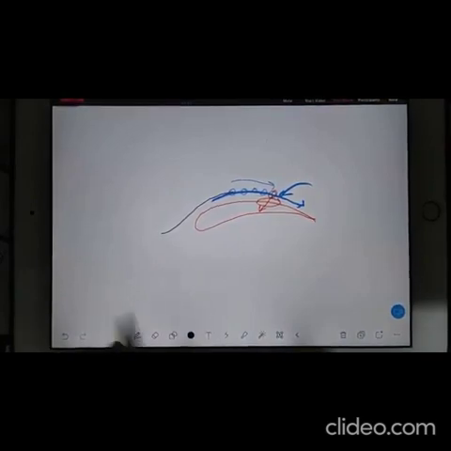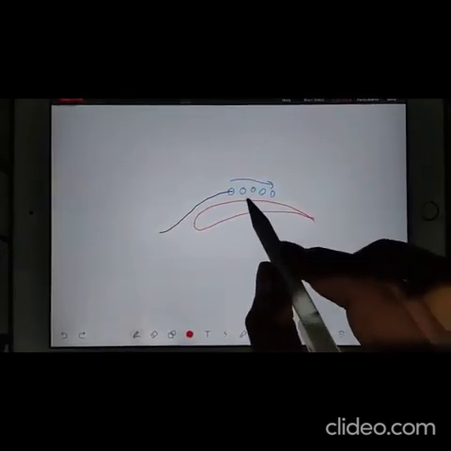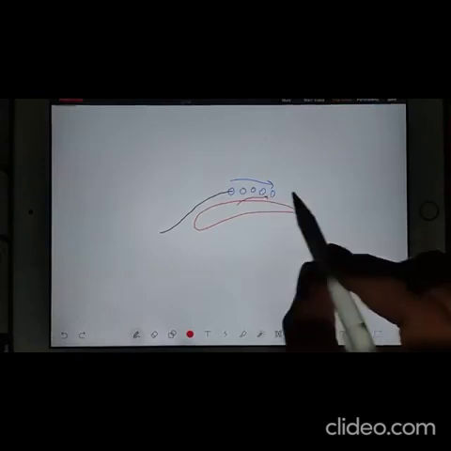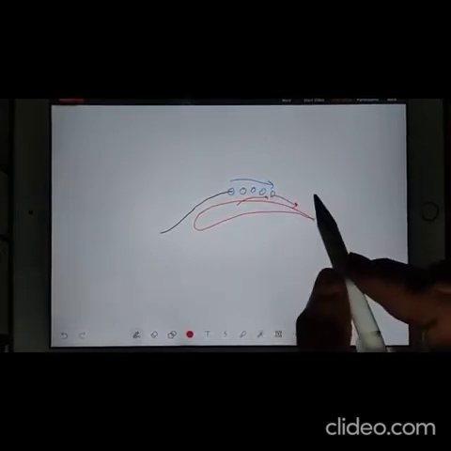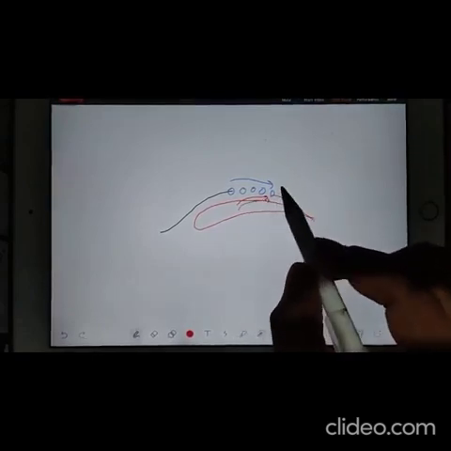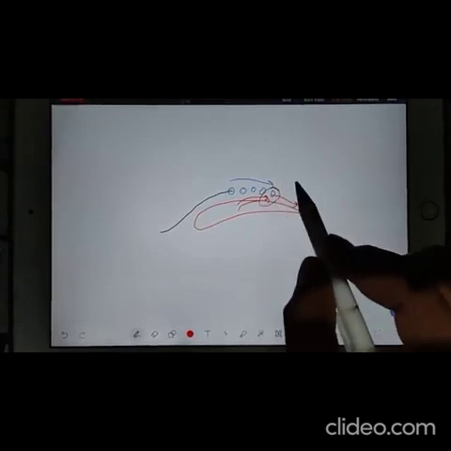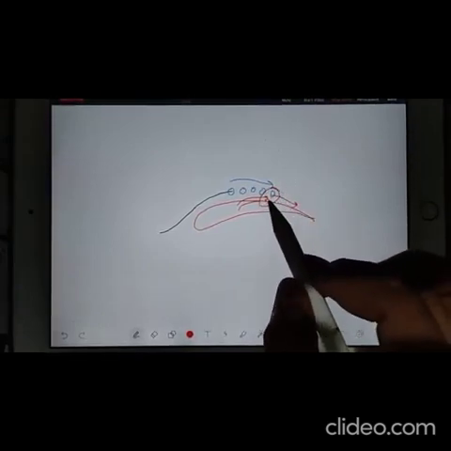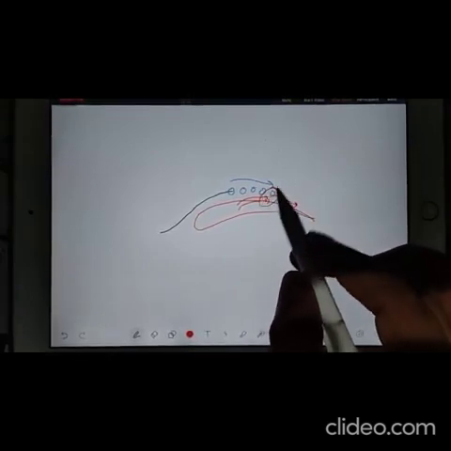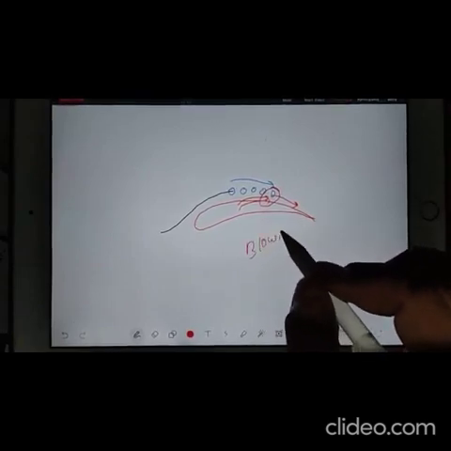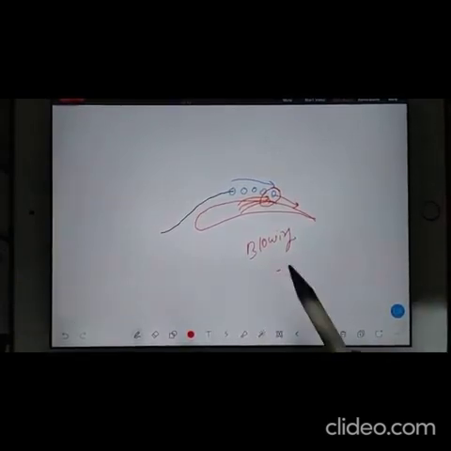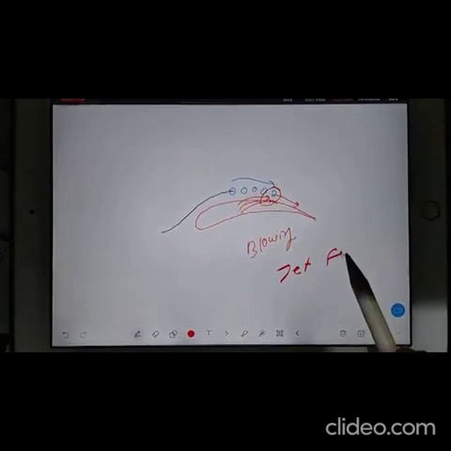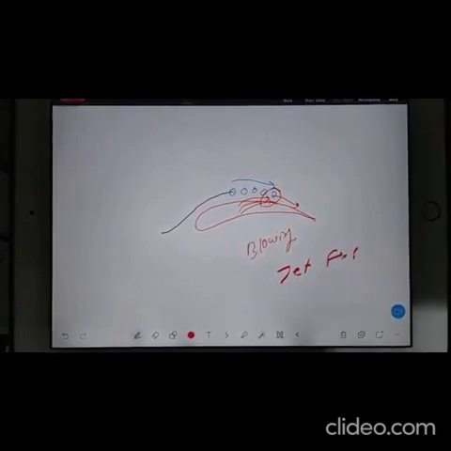Another approach is to increase the energy of the molecule. How can we do that? From here, blow extra air so that this molecule will go further. In the second process, you are imparting extra energy and momentum to the molecule. This is known as boundary layer blowing. So you are blowing the boundary layer. And there is one more way, that is called jet flap. One by one I have to explain.